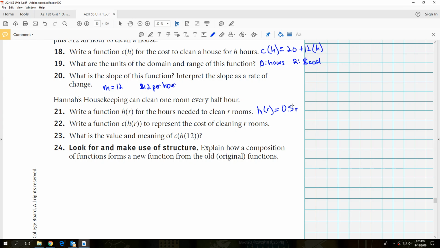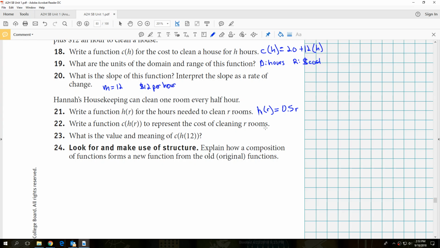You can write this as a decimal, or you could also write this as a fraction. It would be r divided by 2. Again, for every 1 hour, there would be one room divided by 2. Or you could leave it as a decimal. That's fine. Okay, so we're going to write a function c of h of r to represent the cost of